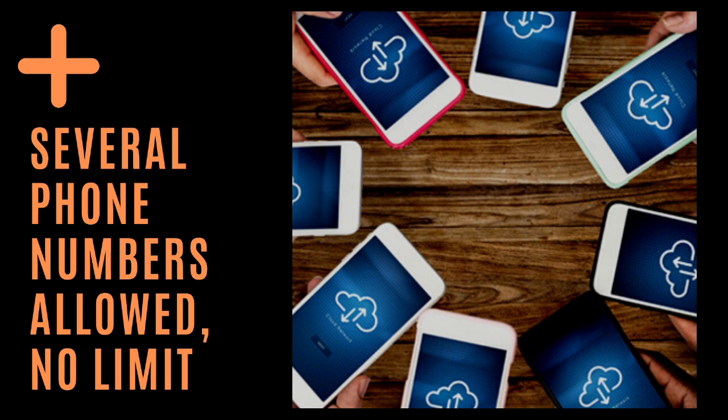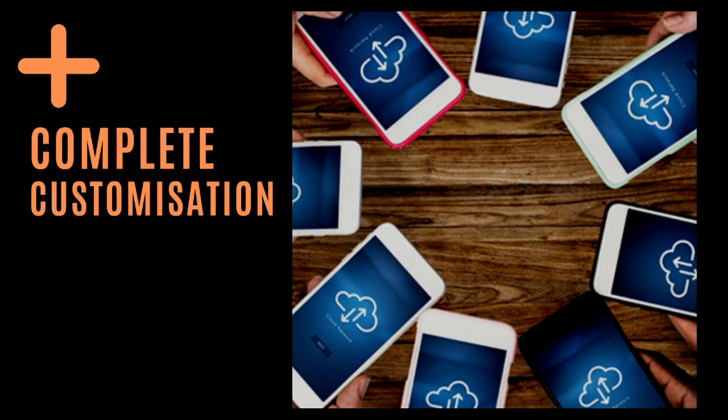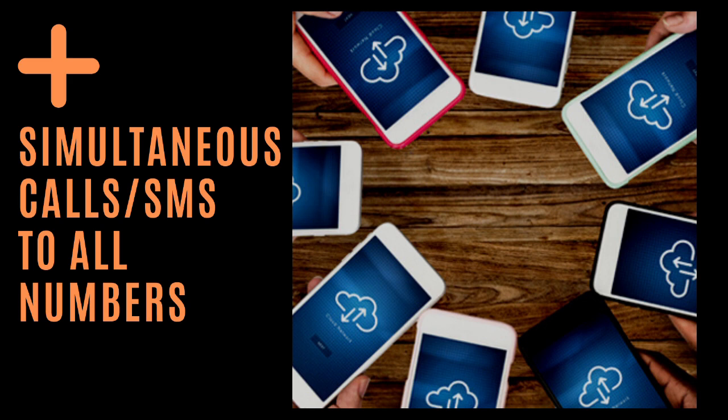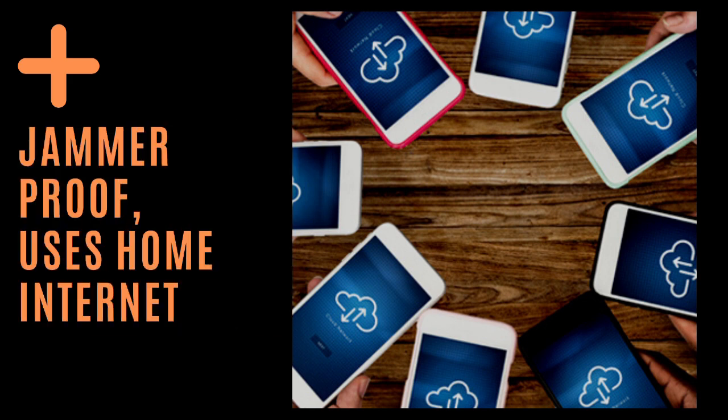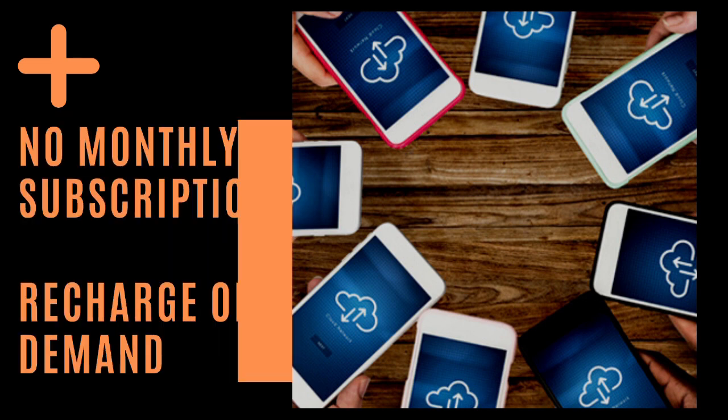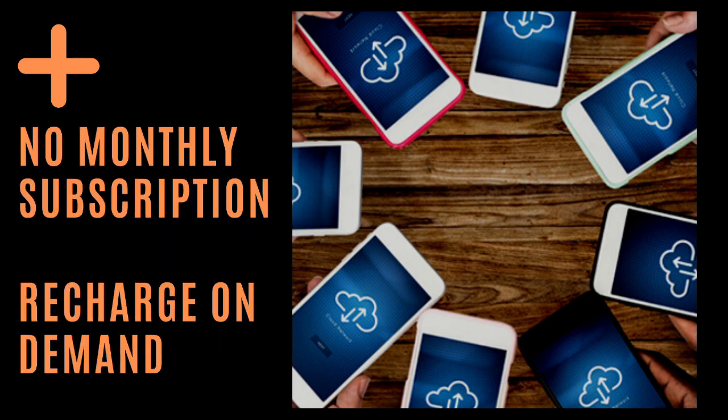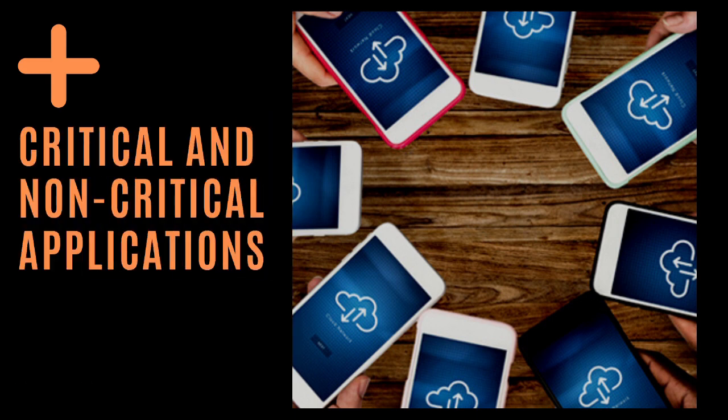All calls are sent out simultaneously. So if you want all of your 15 security people to be alerted in one go, you can do that. All 15 of them will receive them at the same instant, either call or SMS. This solution is totally jammer proof, and you don't have to recharge monthly. You can buy the credits as per your usage. You can use this for not just fire or intrusion. You can use it even for regular events also, like to inform the maintenance person about the water tank being full and to switch off the motor, etc.